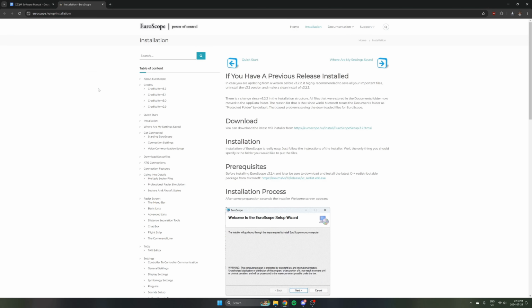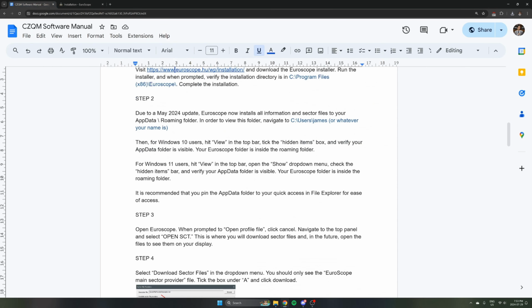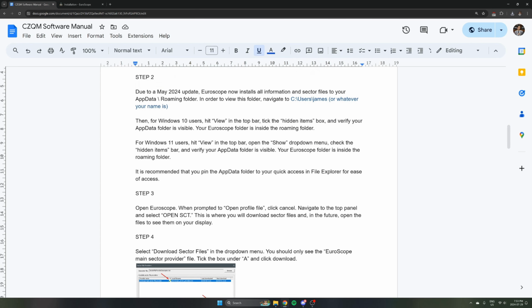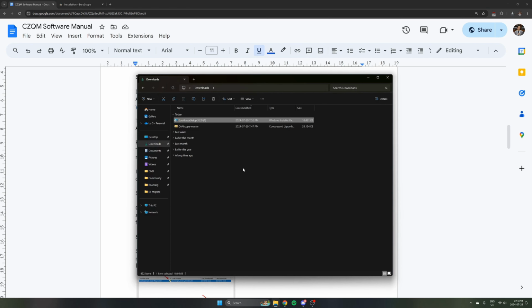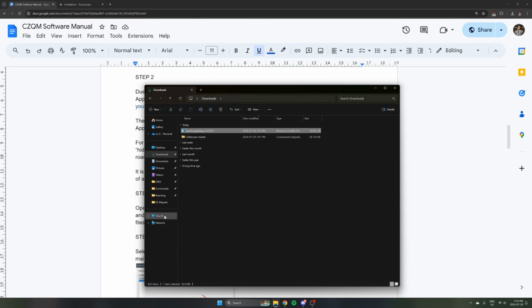Now, in order to actually use Euroscope, you need to install the sector files to let you see aircraft as well as control zones. Please note that due to a May 2024 update, Euroscope is now installing in the app data folder rather than your documents folder. This is not challenging. Open up your File Explorer, click This PC,